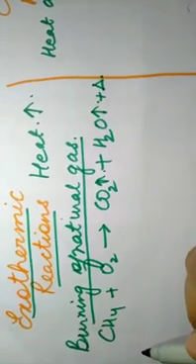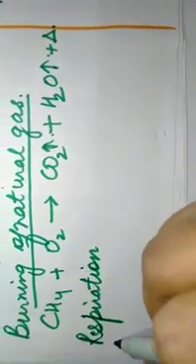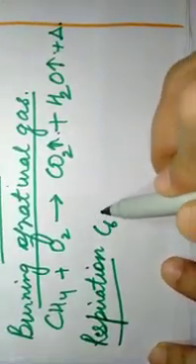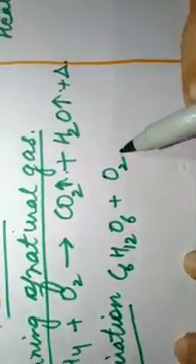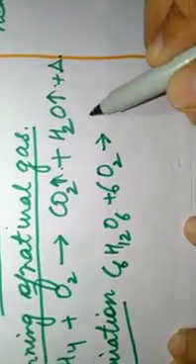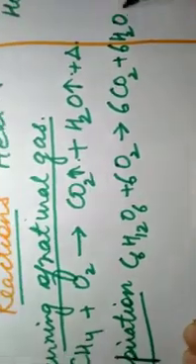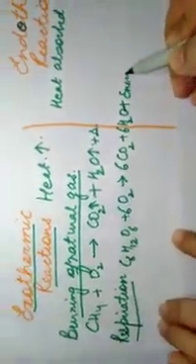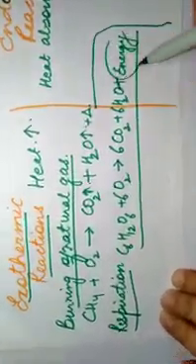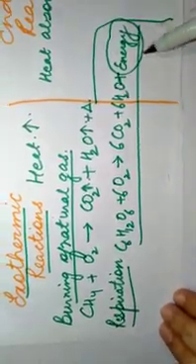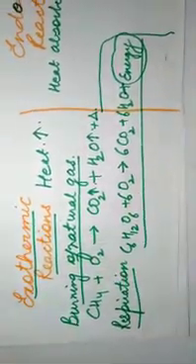In the same way, we have one more example, respiration. The respiration process is also an exothermic reaction where glucose, C6H12O6, combines with oxygen present in the cells of our body, and what is released is carbon dioxide plus water plus energy. This is the energy which we get from our food. So this is the reaction of respiration where energy is evolved. That's why we call it an exothermic reaction. One more example is the decomposition of vegetable matter, which is also an exothermic reaction.